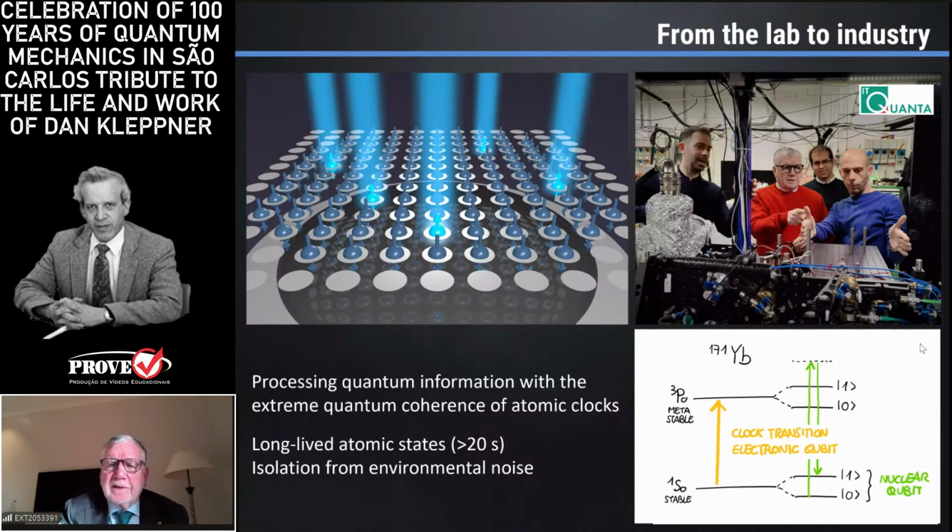And the other two are Filippo Caruso on the back, and on the left, Giacomo Cappellini. And so we decided to go ahead with the construction of a quantum computer using ytterbium with this ItQuanta, a small company,